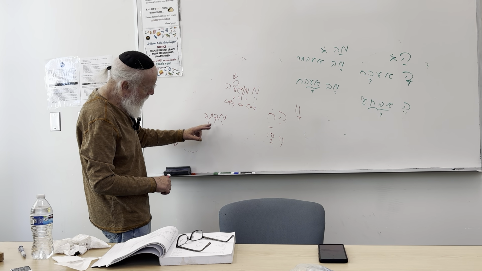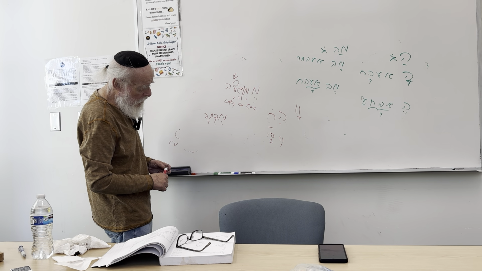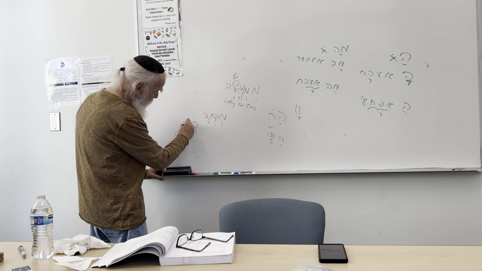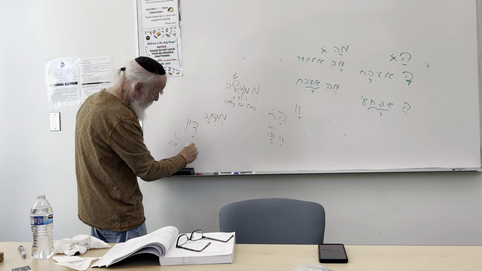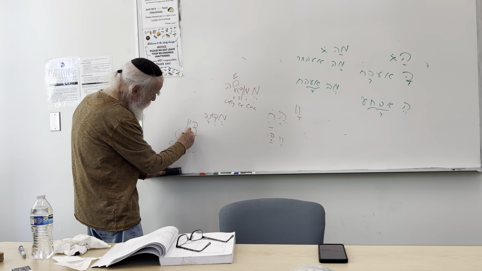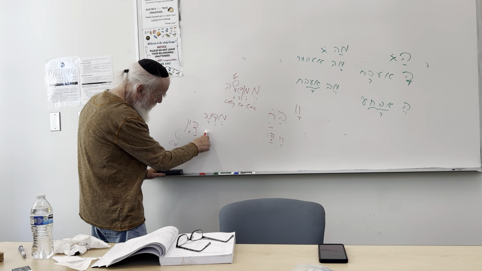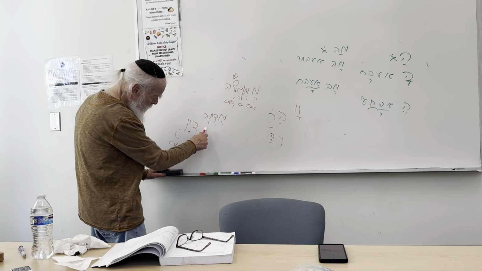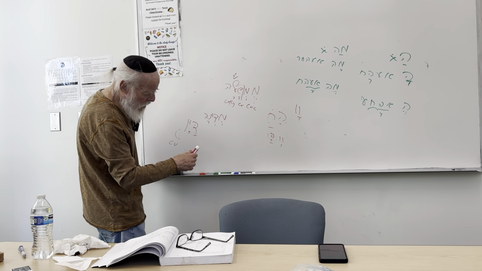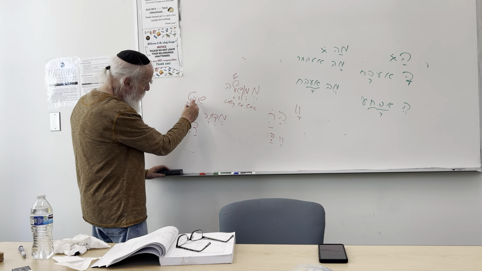Medina has the root Daled Yud Nun. The word translates as law. A Dayan is a judge. With the irony, a Dayan is a religious judge in Israel. Watch what I'm doing. If Medina is the word for state, and its judges are called Dayanim, that word Dayan is a religious judge. A Shofet, on the other hand, is a secular judge.